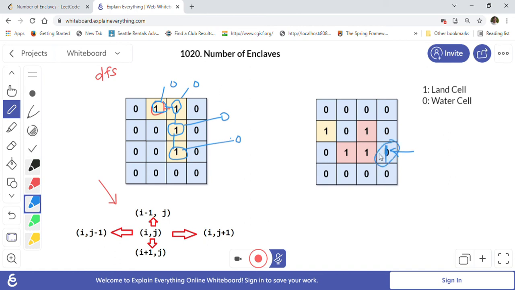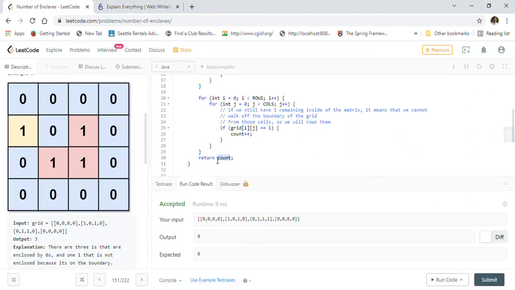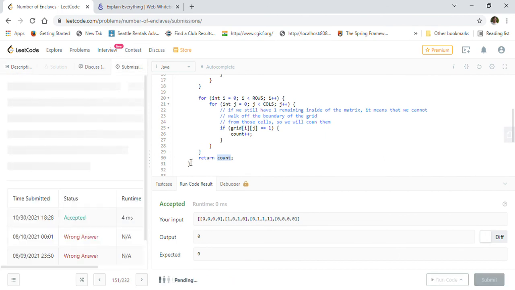So now all these 1s will be converted to 0, because they are connected to this boundary. All these will be 0 now, and this will also be 0, because this is on the boundary. You can walk off the grid. So all the 1s you will be able to walk off the grid. These all will be converted to 0 because this is now 1 on the boundary line, and it is connected to these 1s. So that's why we are returning 0 here. So all our unit tests are passing. So we can just go ahead and submit this solution.